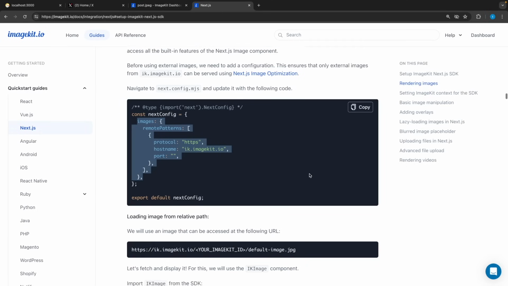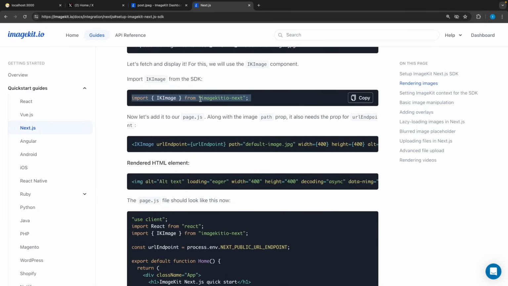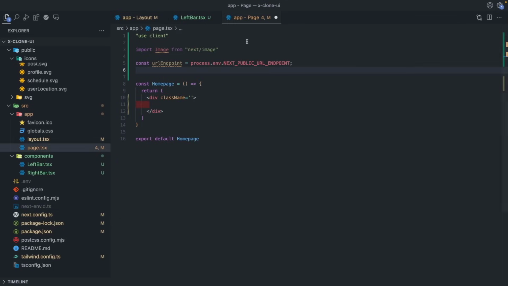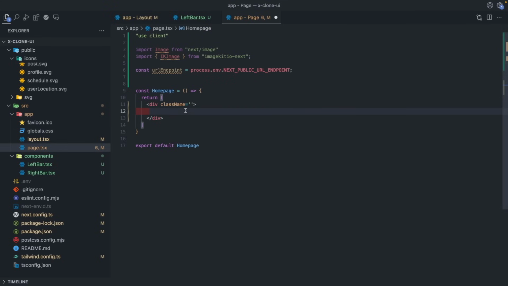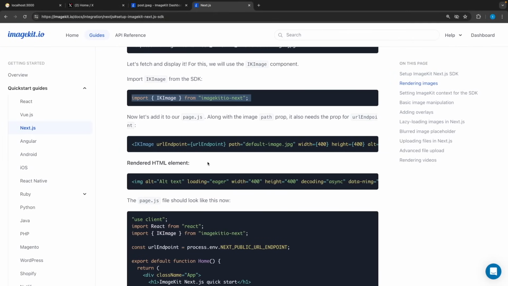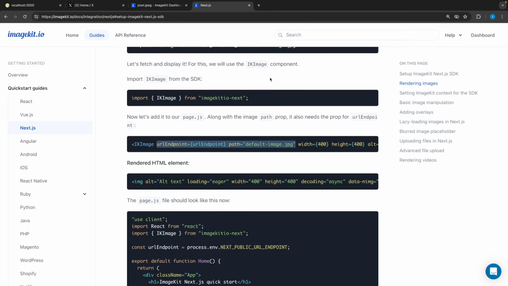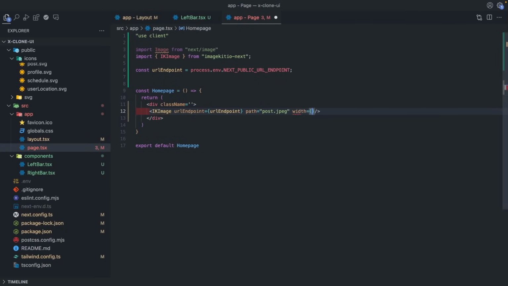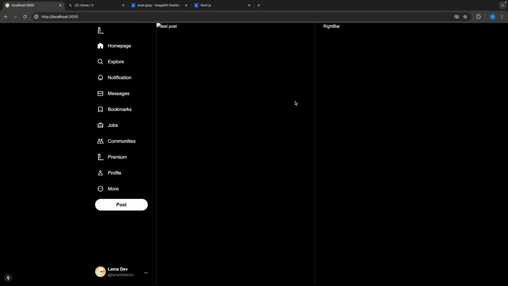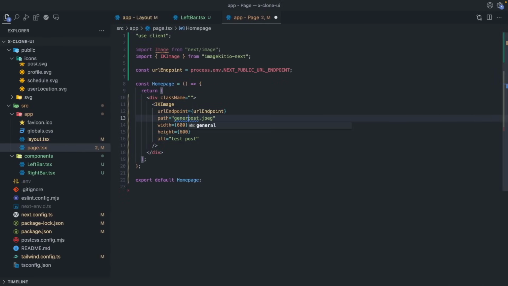Okay. After that, we can import our image component. Let's close here, import, and use it here. And inside, we are going to pass our endpoint and path. Remember, this is our path. Let's use it. And here, we can pass our sizes and the description. Let's say 600, 600, and the description will be test post. And it's not here because our path is general and post,